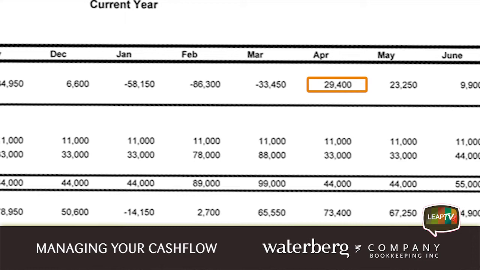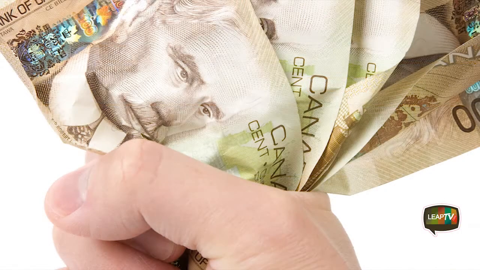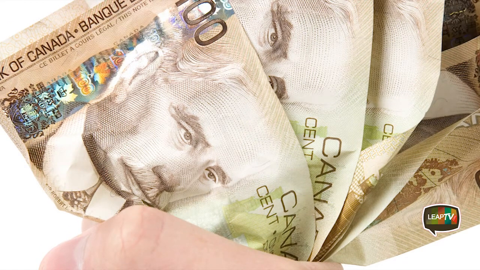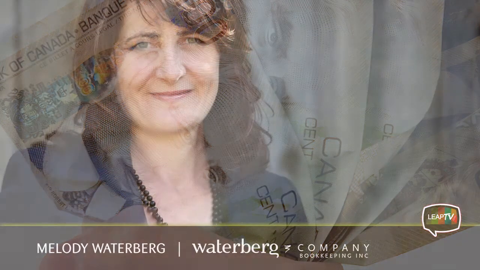So for this business owner, having a look at this in advance gives you the opportunity to be prepared to do something to solve this rather than to get there and be scrambling. And here, clearly, what needs to be done is short-term borrowing. So in December, this company needs to borrow something, and they will be able to pay it off or pay it down in the spring.